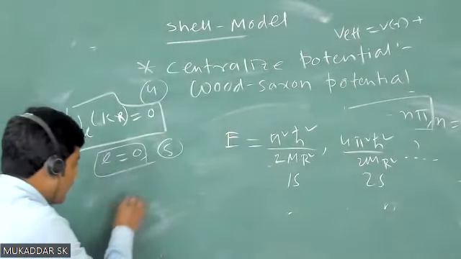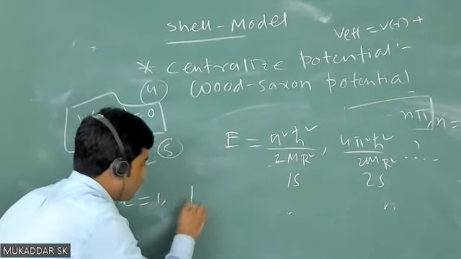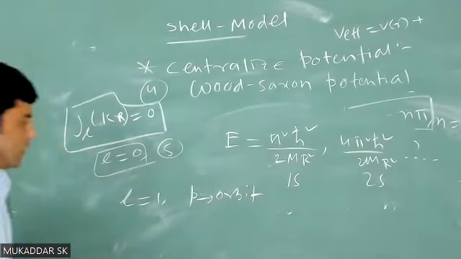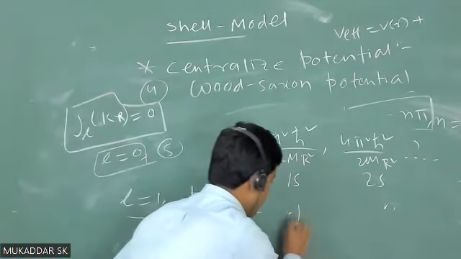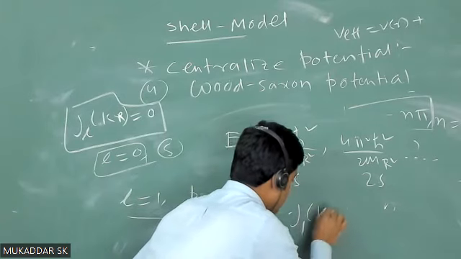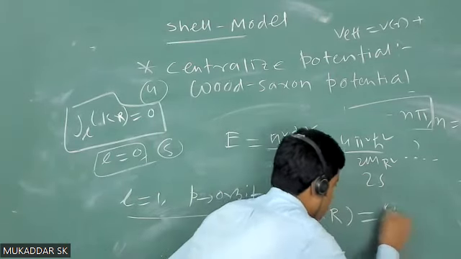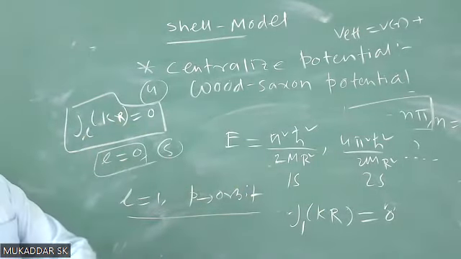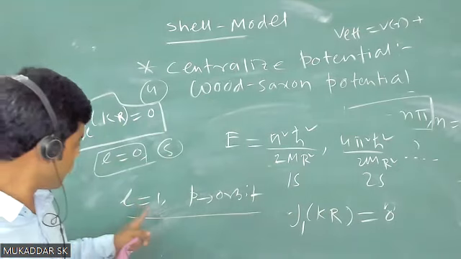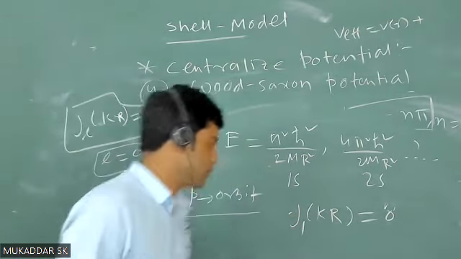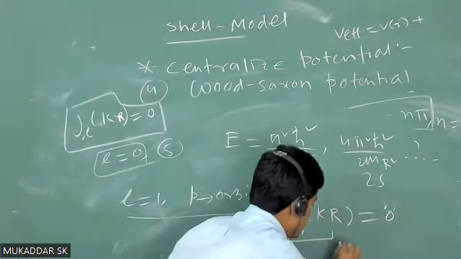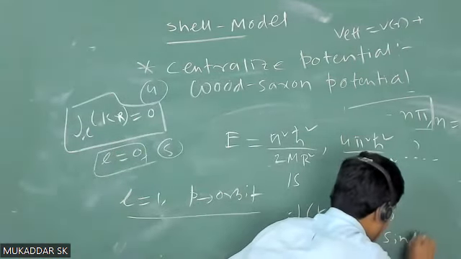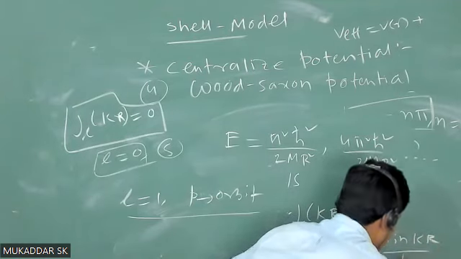Now if you put L equals to 1, that will give you p orbit. It means what I can say is that j_l(kr) will again be 0 for all possible values of L. So when L equals to 1, this j_1(kr) will again be 0. And j_1(kr), इसका अगर expression लिखोगे, that is like sin kr by (kr) का square